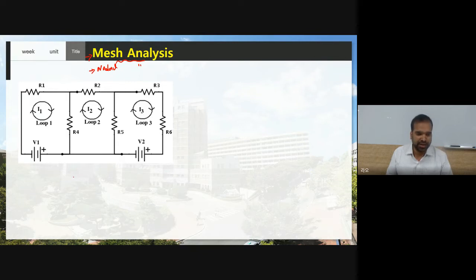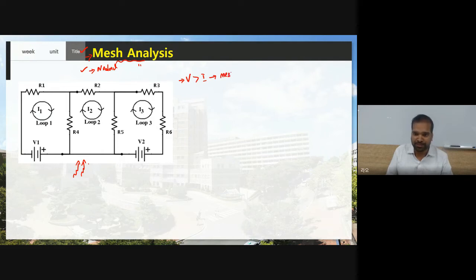Suppose here I have given a circuit. Now it is very important to know which analysis is more appropriate to apply in order to find the unknown parameter in the given circuit, either mesh analysis or nodal analysis. For identifying that, I told you one rule. If any given circuit has more voltage sources than current sources, then you can apply what?